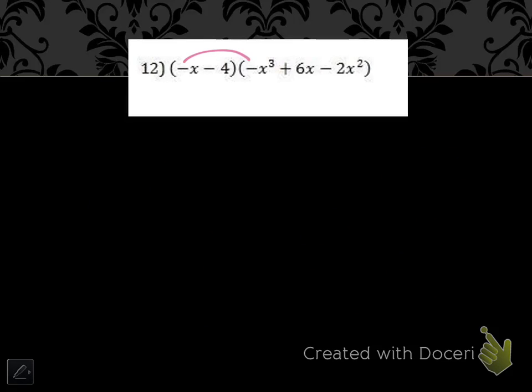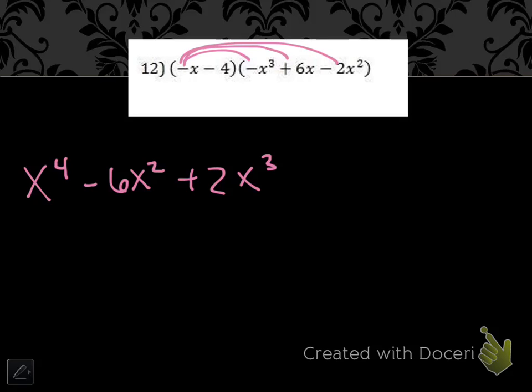Okay, so we got to distribute. Negative x times negative x cubed is going to be a positive x to the 4th. Negative x times 6x is going to be negative 6x squared. Negative x times negative 2x squared is going to be plus 2x cubed. Now we got to do the other one. Negative 4 times negative x cubed is positive 4x cubed. Negative 4 times 6x is negative 24x. And then